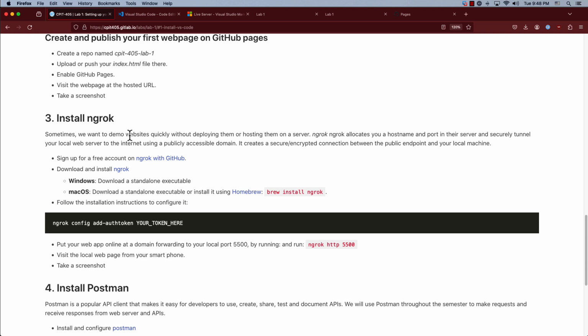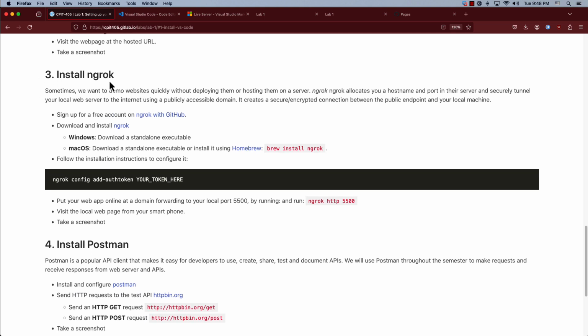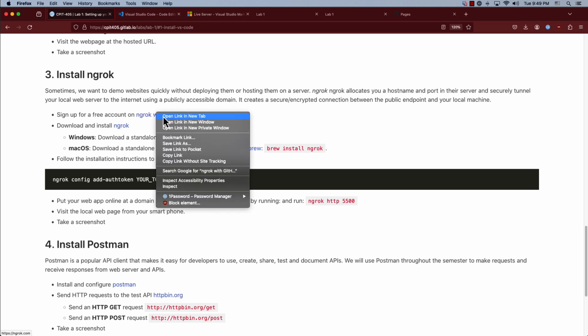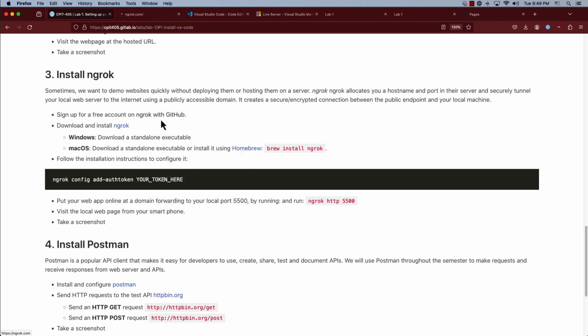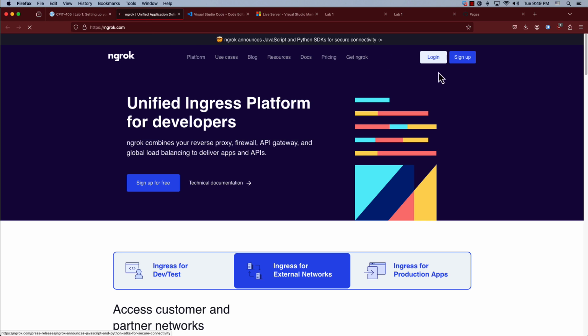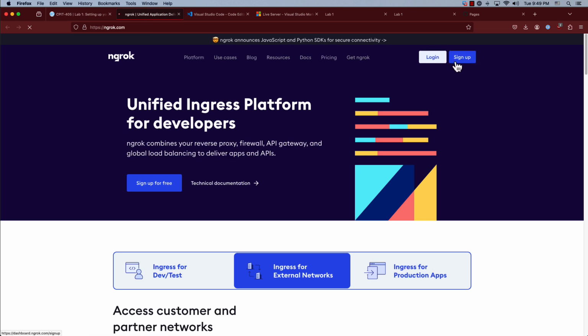Right? Another option would be to use something like ngrok, especially when we want to test something locally without deploying it into any server. So I'm running something in my local web server. How do I share it, right? So let's go ahead to ngrok. This ngrok will do port tunneling and will turn that 5500 into a publicly accessible address on the internet, right? So let's sign up